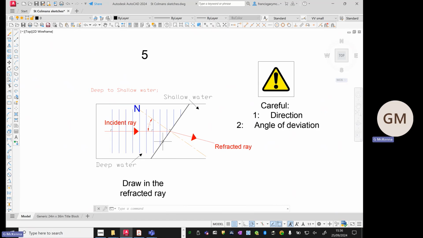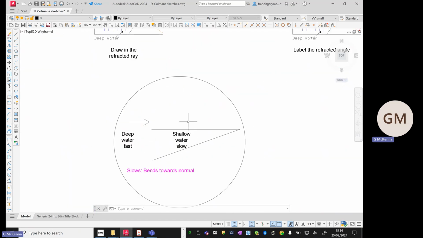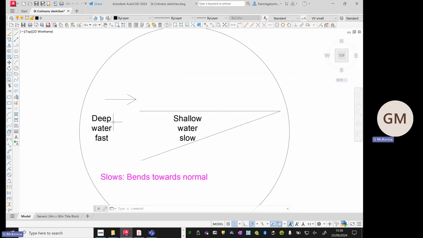Now, moving on to number 5, and look, you can see I put a wee hazard sign here. You've got to be super careful here. This is where things can go south quite quickly. When you're dealing with these waves, we're going from deep water, which is fast, into shallow water, where the waves actually slow down. And when we get this slowing down, we need to be aware that the waves will then bend towards the